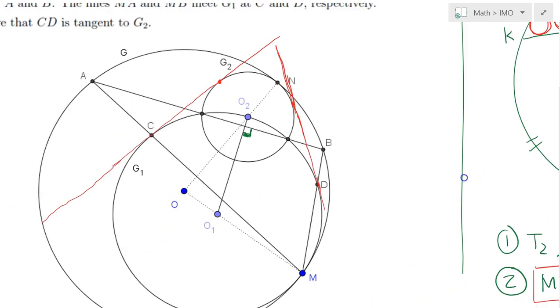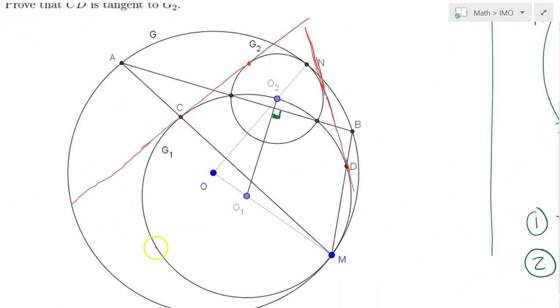And it turns out that both G1 and G2 are squeezed between the big circle G and the chord, which is this common tangency. As a result,